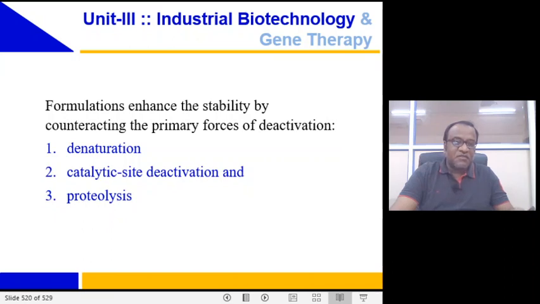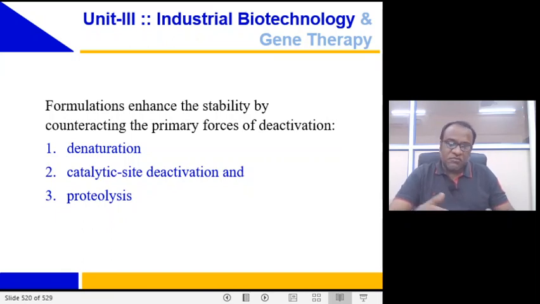Denaturation is the unfolding of an enzyme's tertiary structure. So if you can protect by some formulations, then naturally the protein will be active. Right. So how is it done? This is done mostly by adding water associating compounds such as sugars, polyhydric alcohols, and lyotropic salts. So they preferentially act by the exclusion principle, that is, detach water molecules from the protein structure. So that is how the protein becomes more compact.